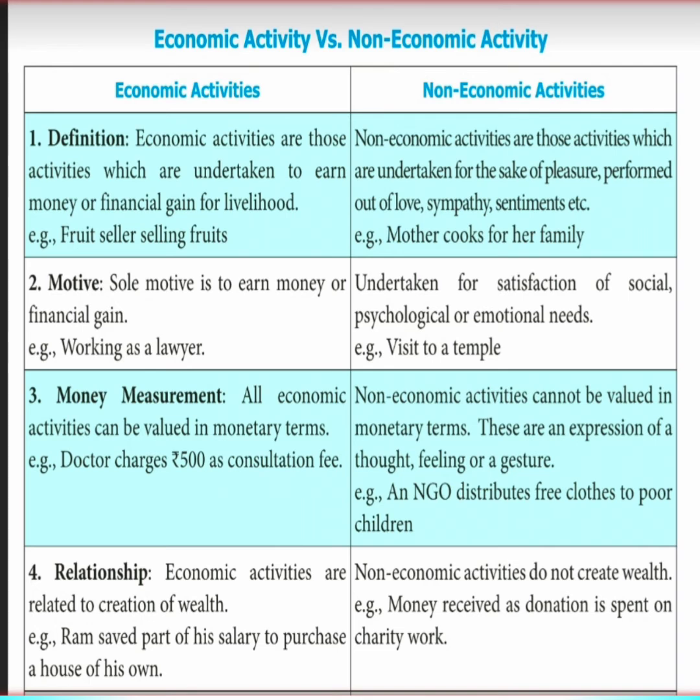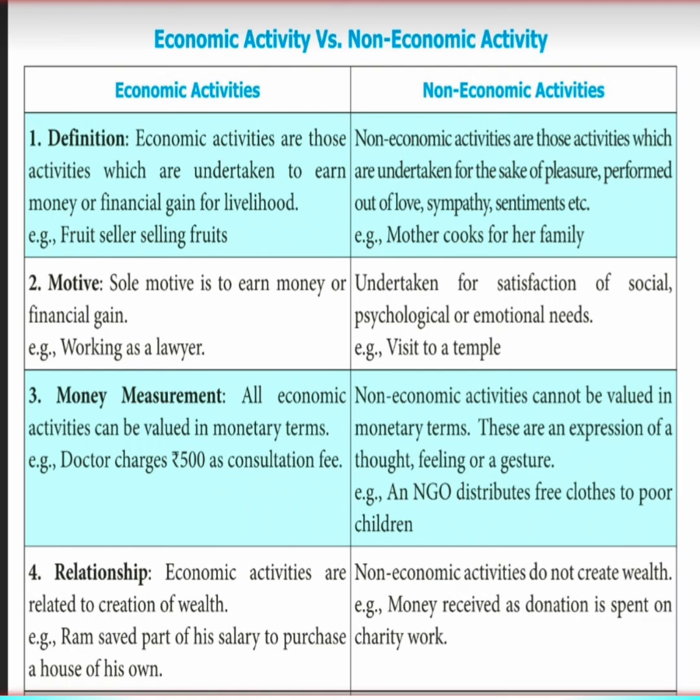Next base of distinction is relationship. What relationship do economic activities have with the outside world? That is, economic activities are related to the creation of wealth. So they do work, they earn money, out of which they save money, and normally the wealth keeps on increasing. So example, Ram saved part of his salary to purchase a house of his own. Here what Ram is doing is earning salary, out of which he is saving a certain amount in order to purchase a house,